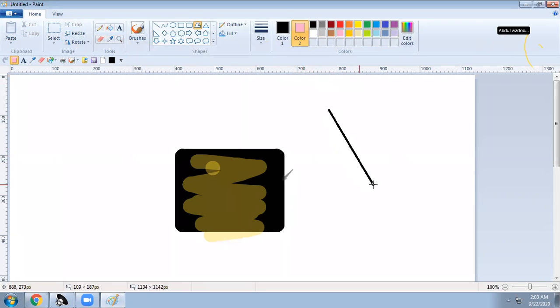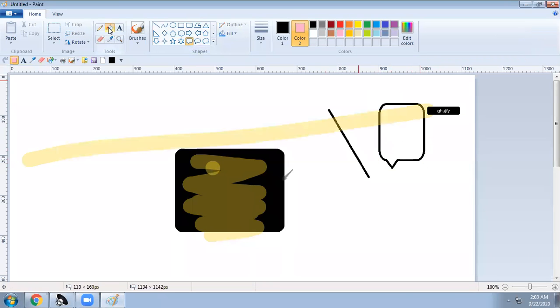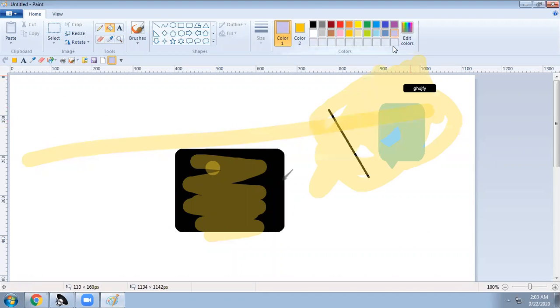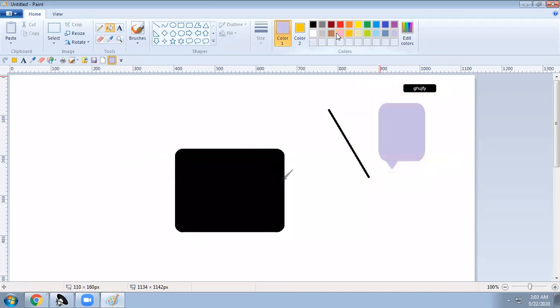Again I have taken like this, and I took the fill, and I fill like this. So this is all about the class. I hope everyone is clear with this painting.